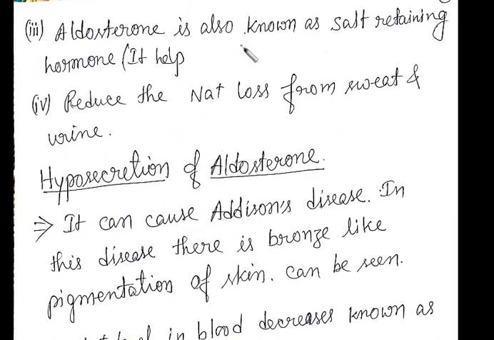See, absorption of the sodium ion from the nephric filtrate, when it increases because of the aldosterone, it comes to the interstitial fluid, and this interstitial fluid has more and more sodium, so a hypertonic condition will be achieved. Because of this hypertonic condition, H2O, that is the water, is reabsorbed. As a result, the excretion of hypertonic urine can be seen. Because of this, the aldosterone is also known as salt retaining hormone.